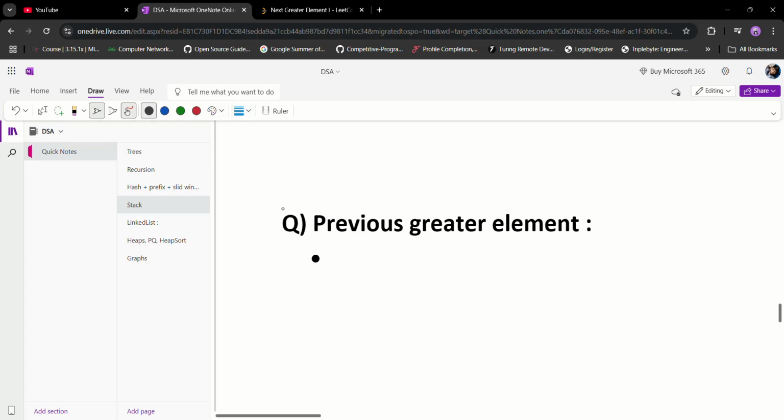The array we have is, let's say, 10, 4, 20, 2, 22 and 40 and say 12. So the indexes we have are 0, 1, 2, 3, 4, 5. Now we need to find the previous greatest element